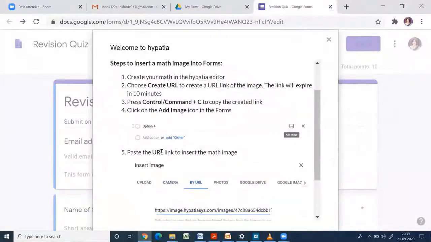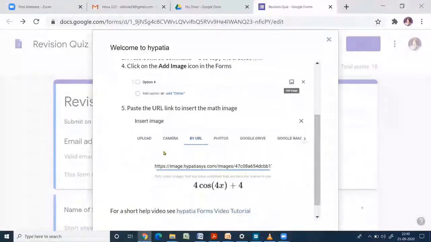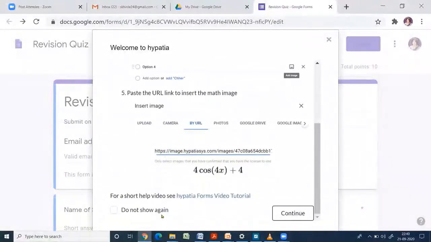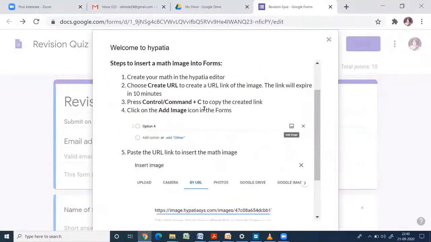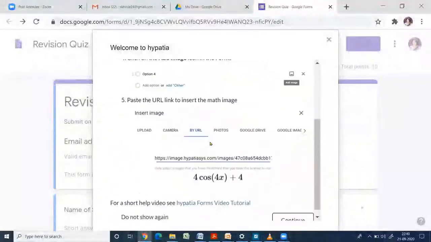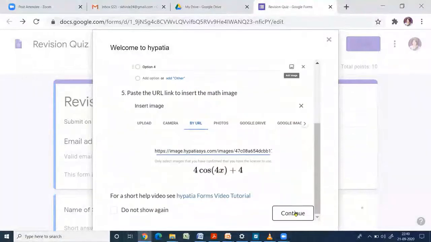Please don't click on "Don't show again", otherwise it will not appear again. This is very important, how to insert the equation in your Google quiz. So read this and then click on continue.